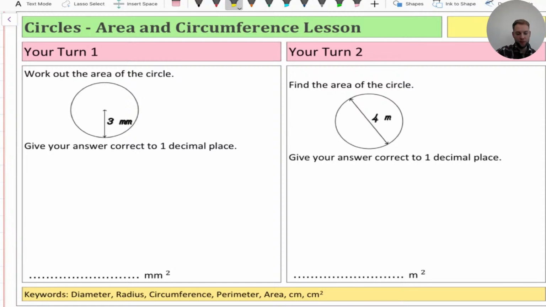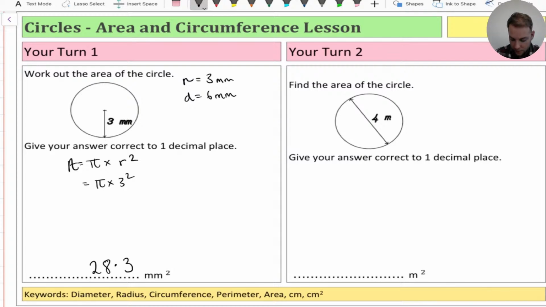Okay, so I'm going to start going through both of these. So the first one here, always write down what your radius and diameter is. My radius is equal to 3 millimeters. My diameter would be double that, which is 6 millimeters. So my area is equal to pi times by my radius squared, which in this case is pi times by 3 squared, which would be 9 pi, which is 28.3